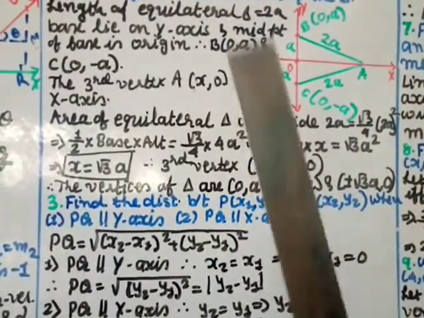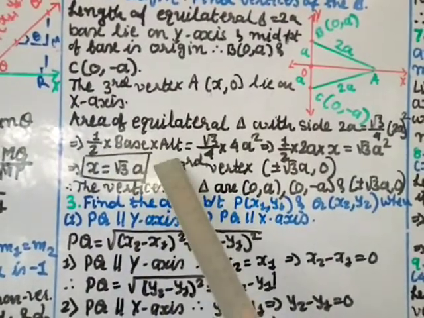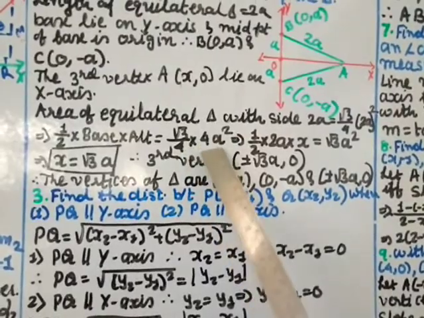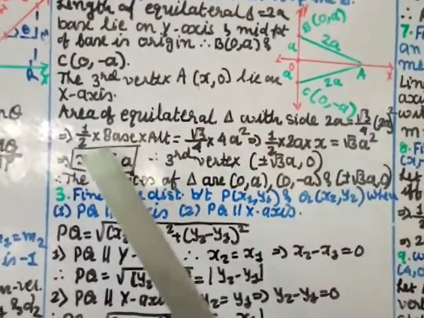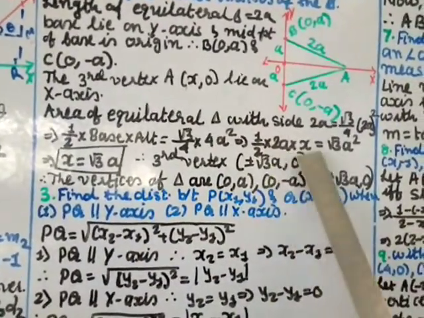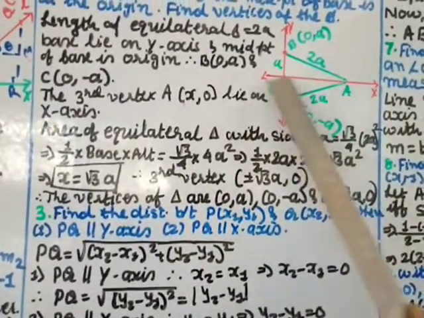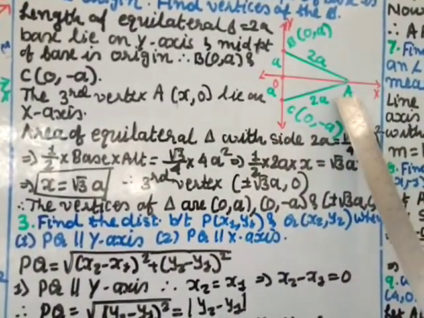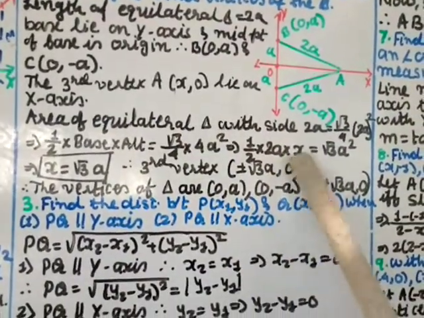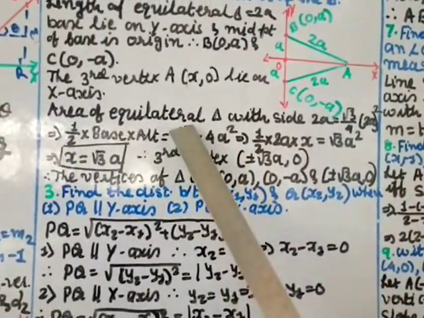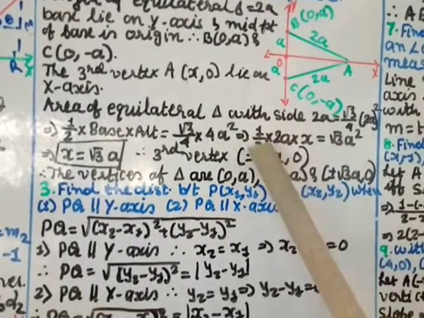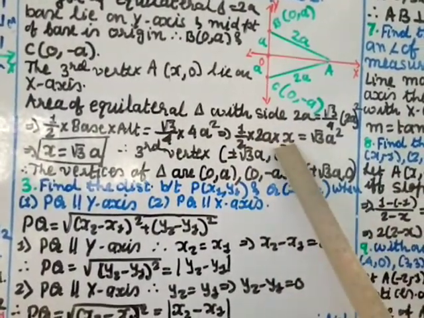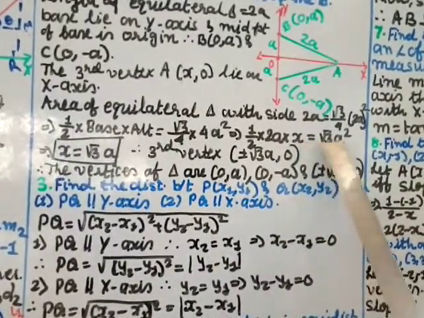Now area of the triangle also we know that 1 by 2 base into altitude, and this is root 3 by 4 into (2a) whole square which is 4a square. Okay, so 1 by 2 base is this much, 2a into altitude is this much. Okay, this is the perpendicular, so this is the altitude. So altitude OA distance if you find, it will come x, so x equal to this 4 cut, so here we get root 3 a square. This 2 cut, and this a if you transfer here 1 a will cut, so you get here x value equal to root 3 times a.